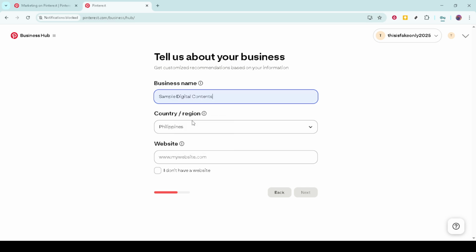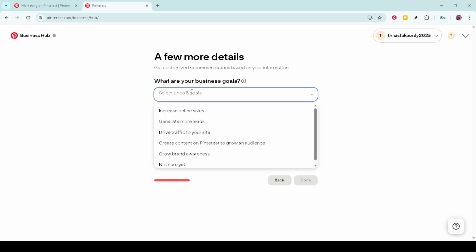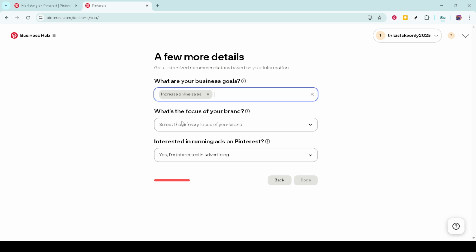After that, choose the category that best describes your business. Pinterest provides several categories, so take a moment to think about where your business fits best. This is crucial for optimizing your presence on Pinterest, as it allows the platform to better target your content to relevant users. Following that, you will choose up to 3 goals you wish to achieve with Pinterest.